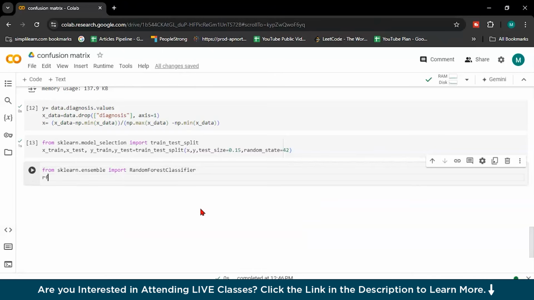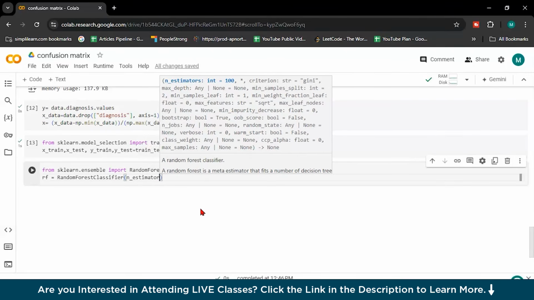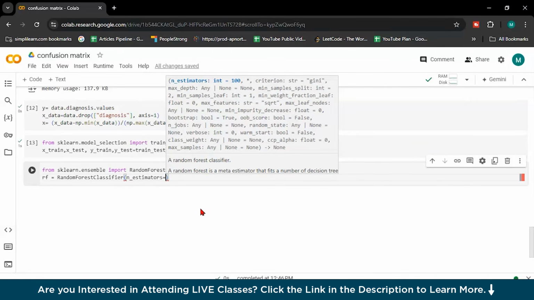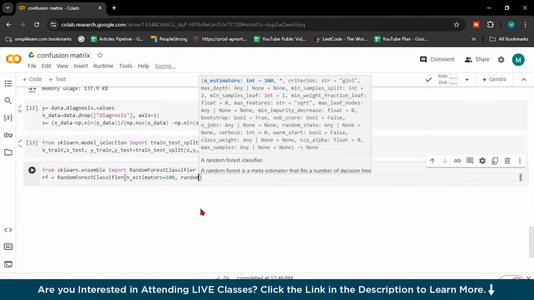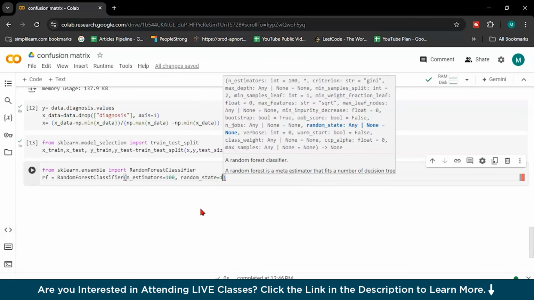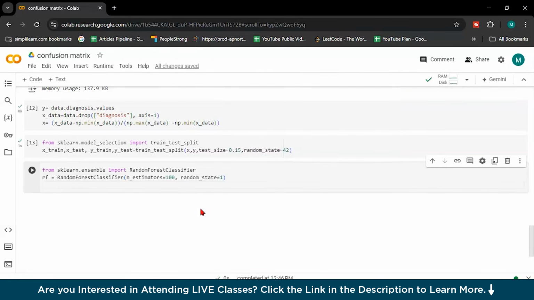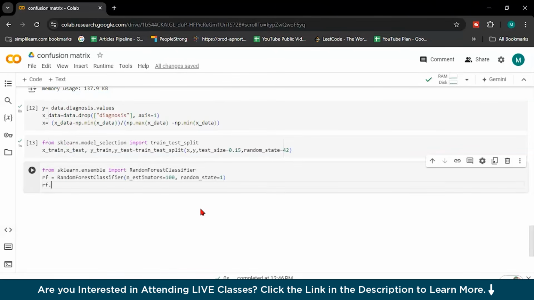Okay, then rf equals random forest classifier with n underscore estimators equals 100, and here I will set random state to 1. Okay, then rf, this is a short form of random forest, dot fit